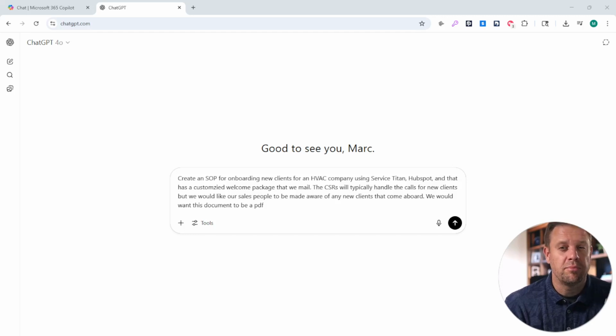So in today's prompt, we're going to talk about SOPs. In this prompt we have today, it's a little longer of a prompt because we're going to give it a little bit more information to help us maybe get a more clear and concise output. So our prompt today is create an SOP, which for those who don't know, is a standard operating procedure for onboarding new